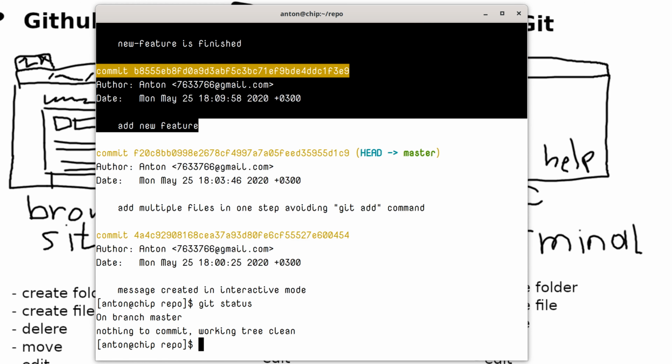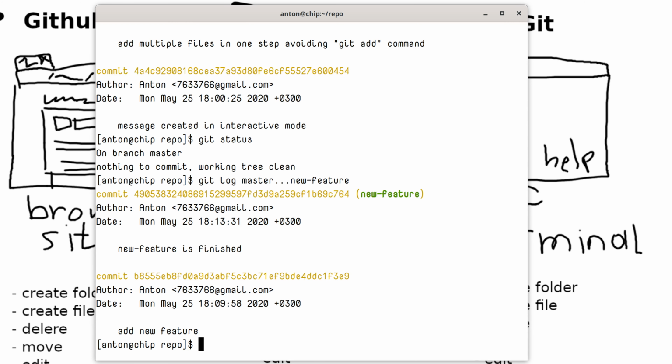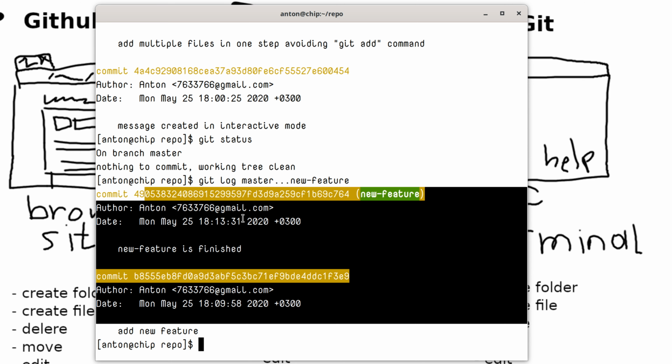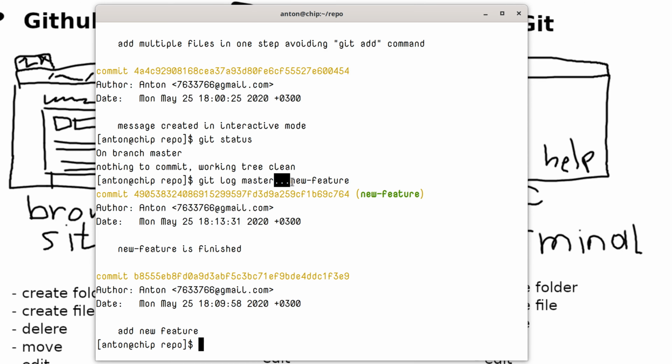And this is how git diff with the range parameter works. And there is another range operator, and it's a little bit different, and it looks like so: git log master, and instead of 2 dots, you type 3 dots, and you type the branch name. And in this case, it shows exactly the same as previously, but what 3 dots does is a little bit